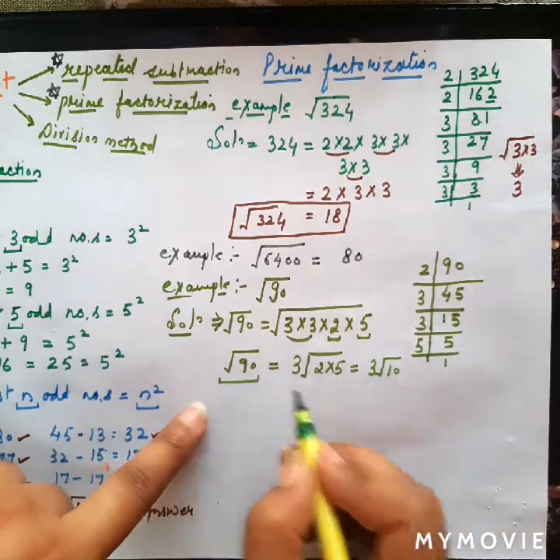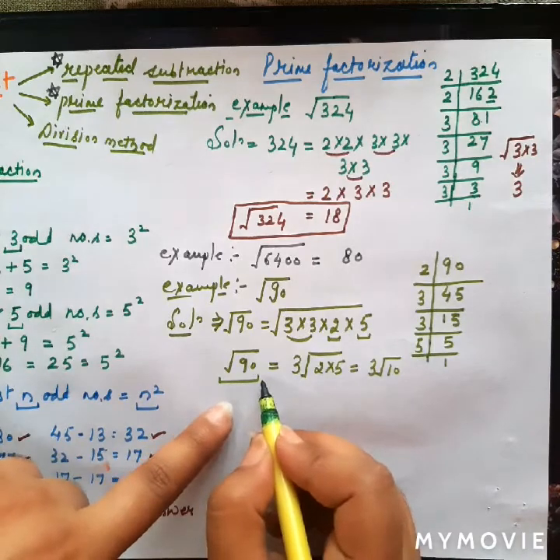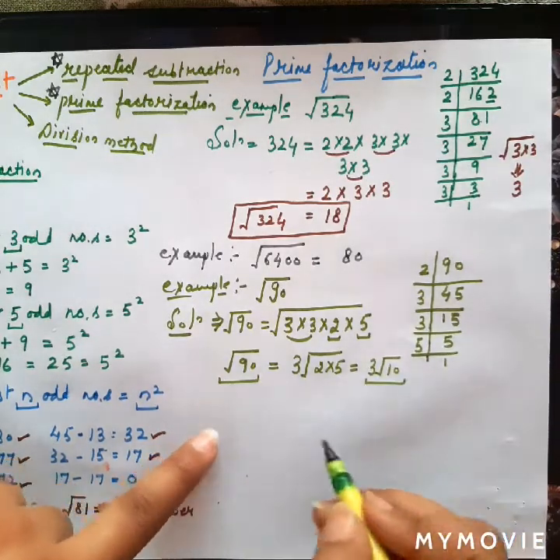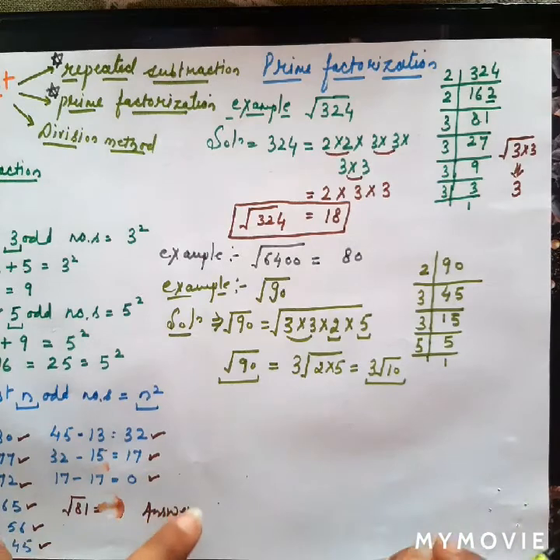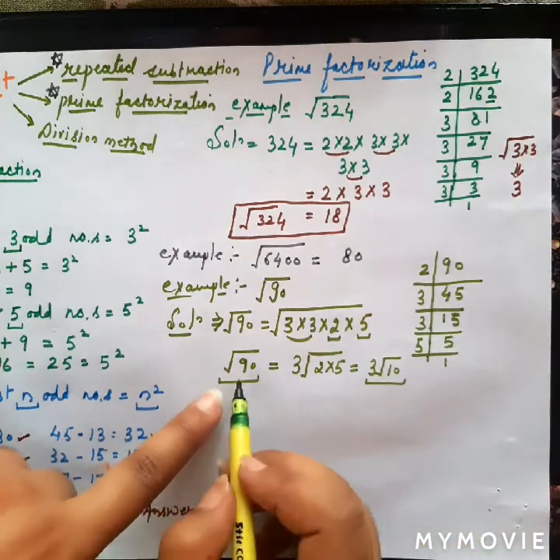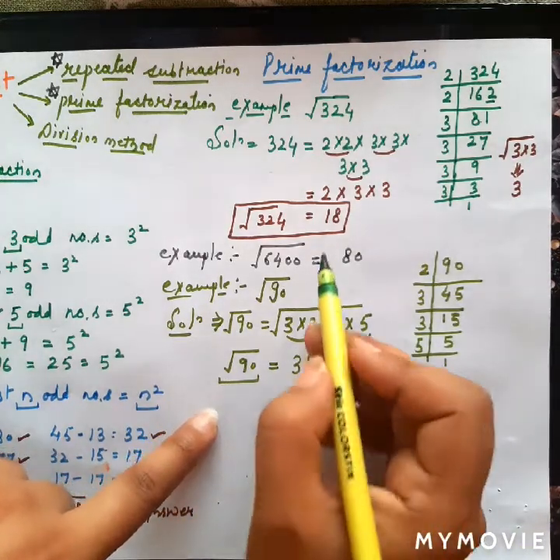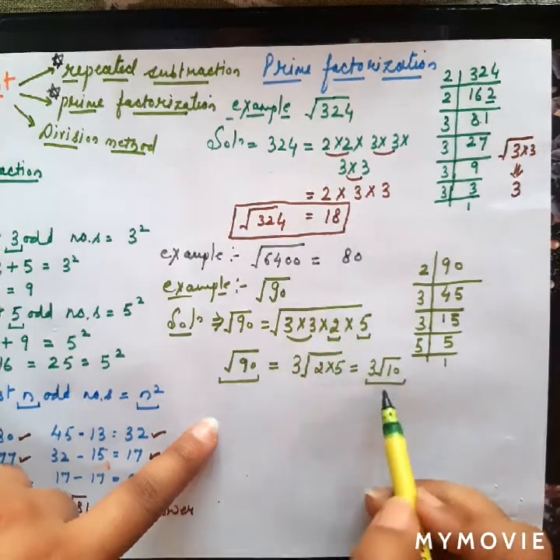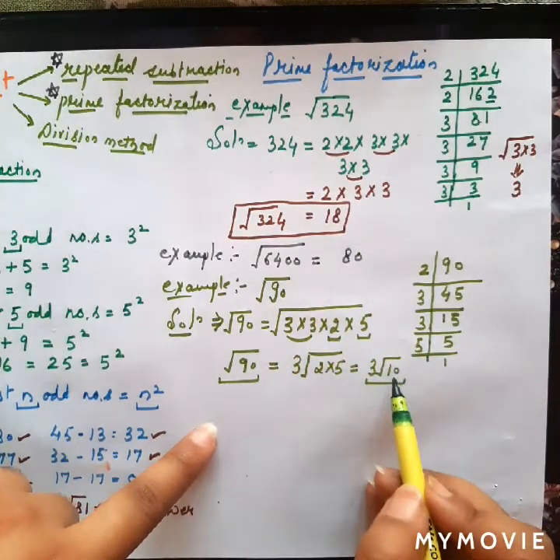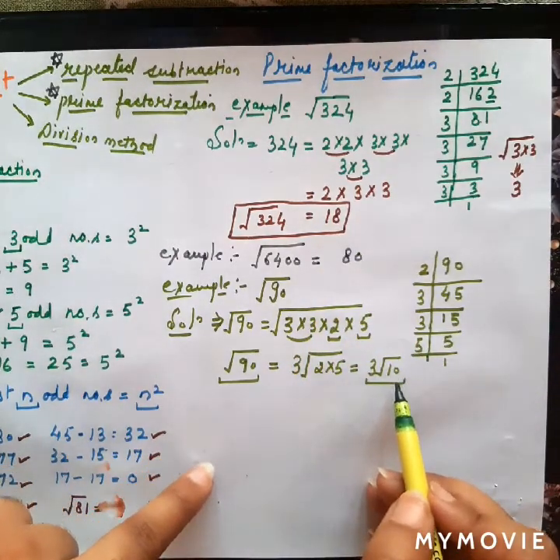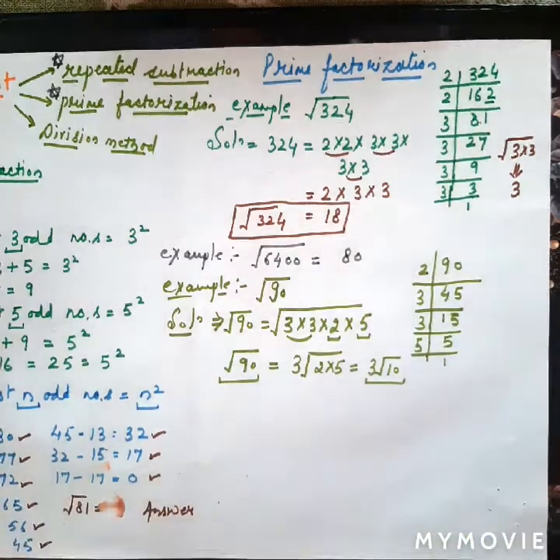So the numbers which are not perfect squares can be written in such ways, and we can say that these are not perfect squares. If this would have been a perfect square, then it should be written in this way. There would not be any term which has some root value or under root value, right?